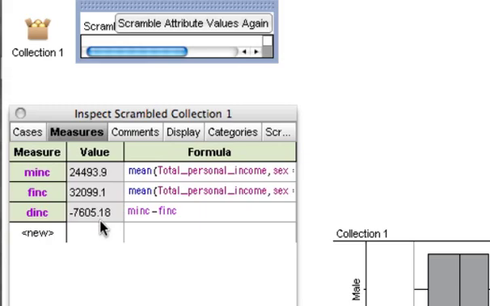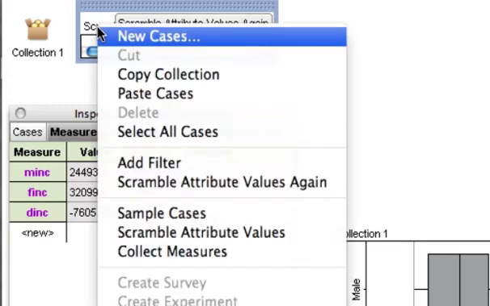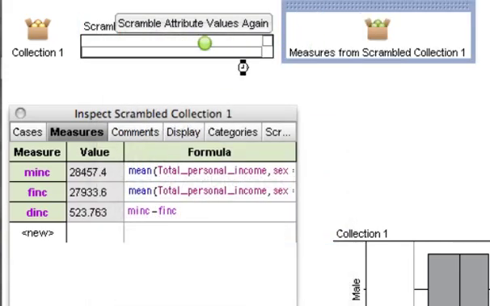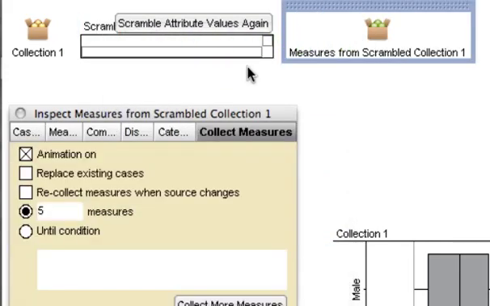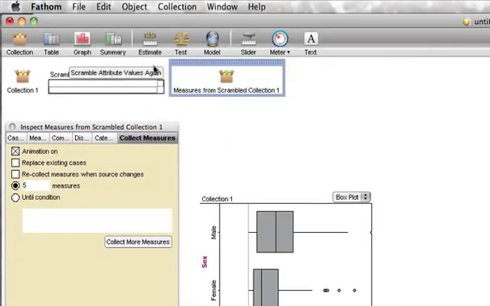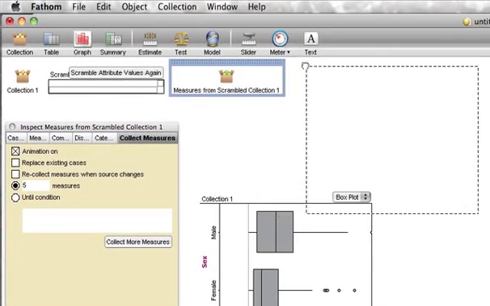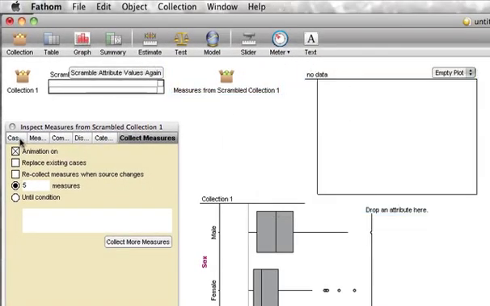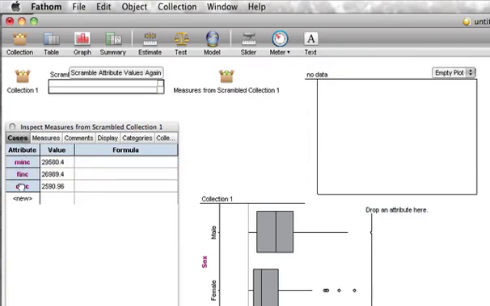Are they ever going to be as big as what we saw in the original collection? Let's find out. We're going to collect measures. So I right-click on this collection, choose Collect Measures. 1, 2, 3, 4, 5. I get 5 measures, and let's make another graph so I can see them. I'll go back over here to the Cases panel. I could have made a table. I'll look at DINC,